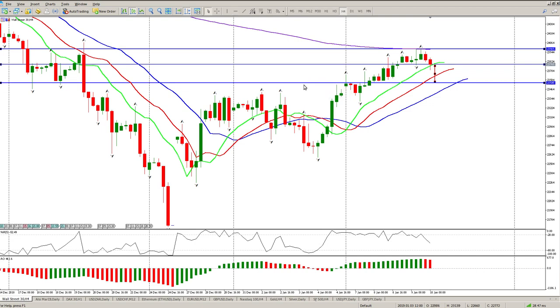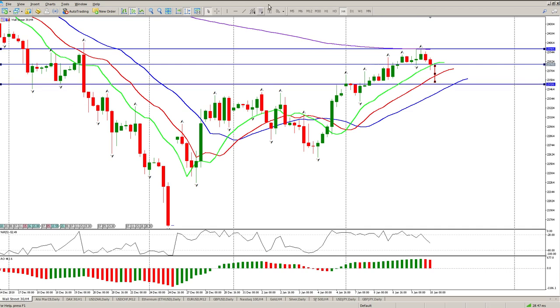Okay, there's nothing much at lines here, except if I look to the left, you'll see there is an inside tail here. Okay, I just want to add one more line because logic to me dictates that we come back into this zone here. Okay, we'll pick up the levels now in the lower time frames, but that is what I'm looking at. We've rallied, we formed a double top off a level. Okay, so it's a weekly level and it's a 200 EMA on the 4-hour,